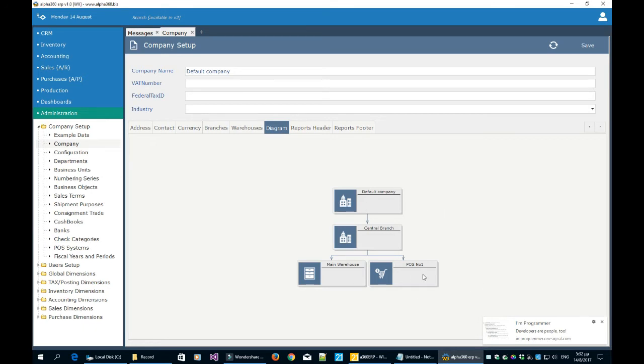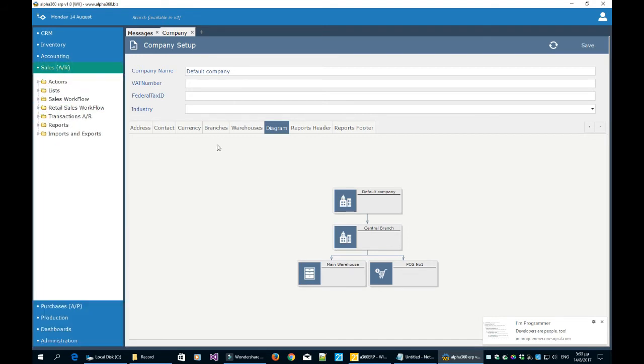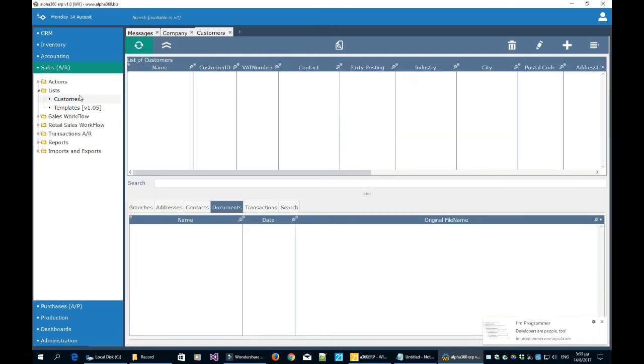It has one POS, one main warehouse, and a central branch, and this is the default company. Now, so we can use the POS system, we have to do some simple setup steps. The first thing we are going to do is go to the sales area, to the lists, to the customers,